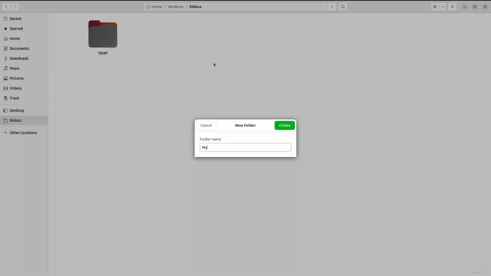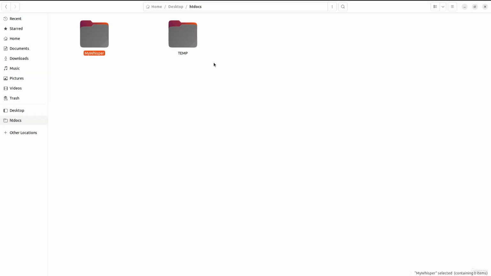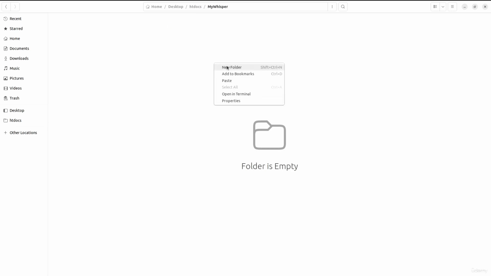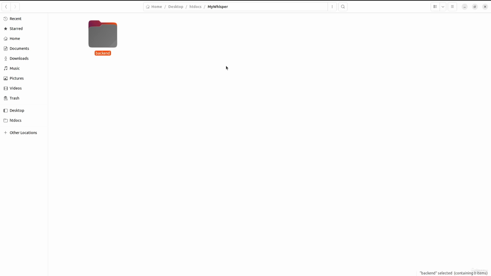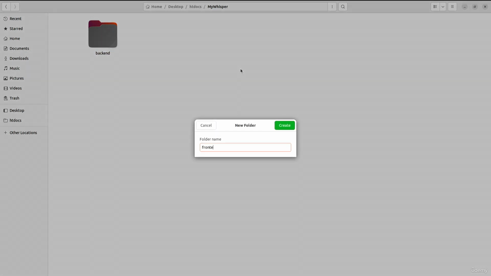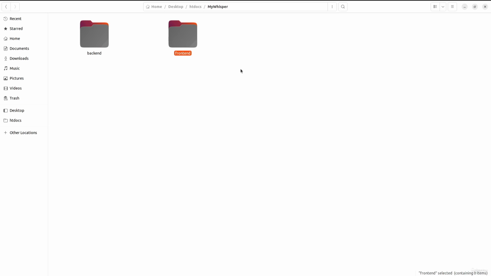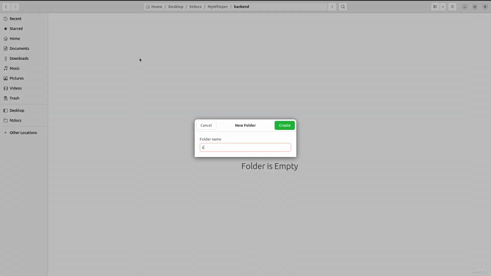This will be my Whisper, and inside here we need to create two more folders. One will be the backend. Inside the backend is going to be the PHP files, and this will be the frontend, and there will be our HTML, CSS and image files right here. And in the backend, we can actually create a new folder as well, and this will be classes to store